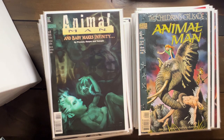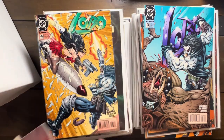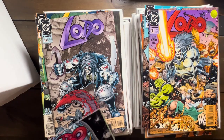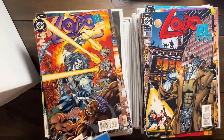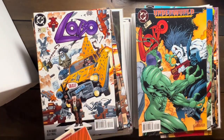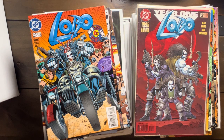All right, now on to a little Lobo. I got 2 copies of number 1, Alan Grant run. 2, 3, 4, 5, 6, 7, 8. No 9 or 10, but 11, 12, no 13 or 14, but 15, no 16 or 17, but 18, no 19, but 20, 21, 22, 23, and annual number 3 there with a bunch of little weird logos on the cover there. And the last chunk of books from this insane haul